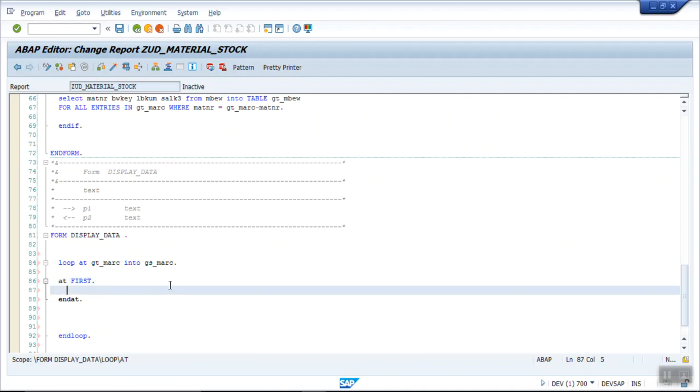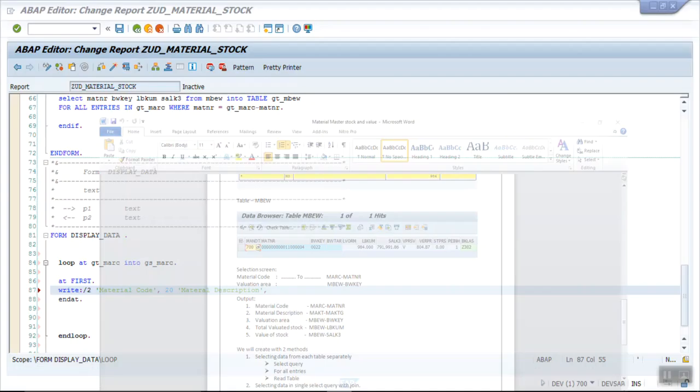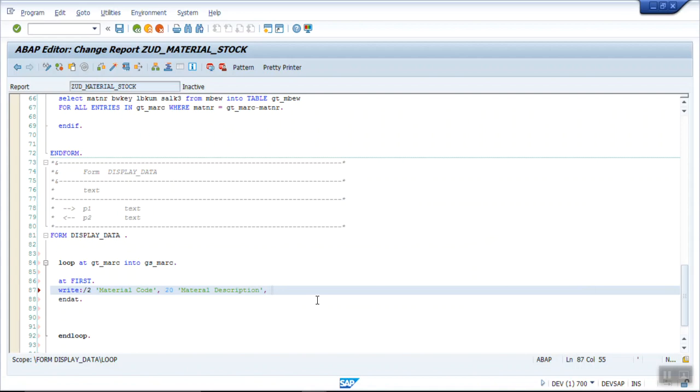Okay, so at first here I want to write some headings. Let's say at 2 I will be writing material code, then at 20 I will be writing material description. Then after material description, I want to print the valuation area, at 50.